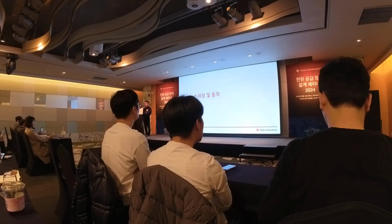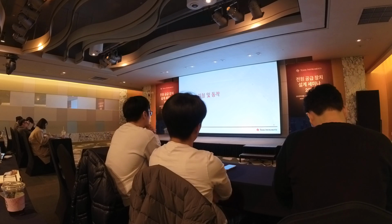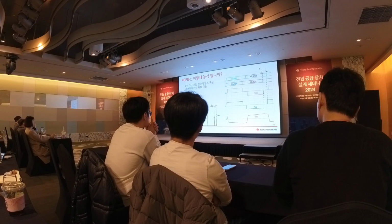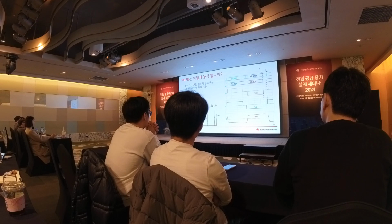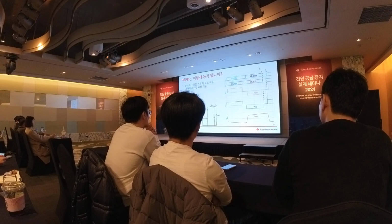Okay, so let's talk about the soft switching and operation of the phase shift full bridge converter. How does phase shift full bridge work? On the right-hand side, you can see the PWM signal. This is leg 1 here, and this is the PWM signal on leg 2. Basically, what we are trying to do is